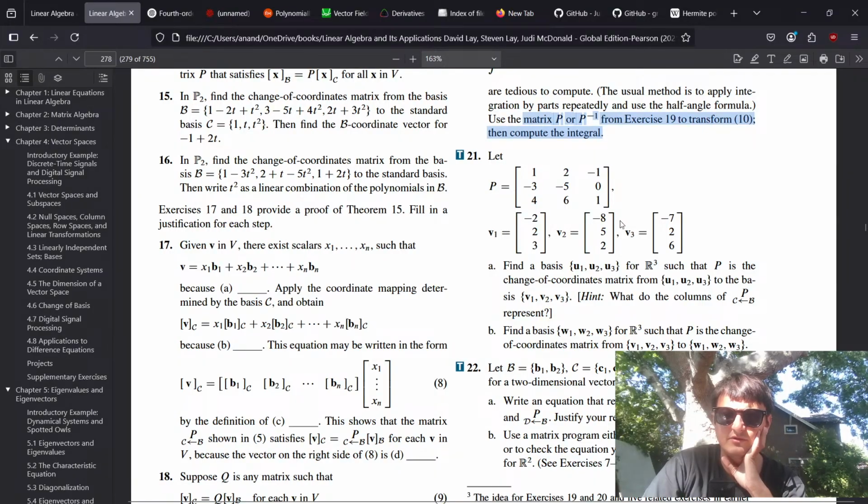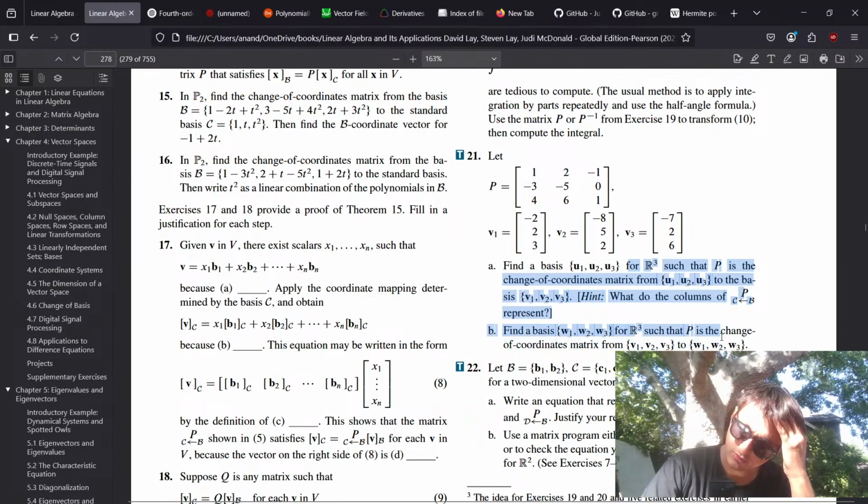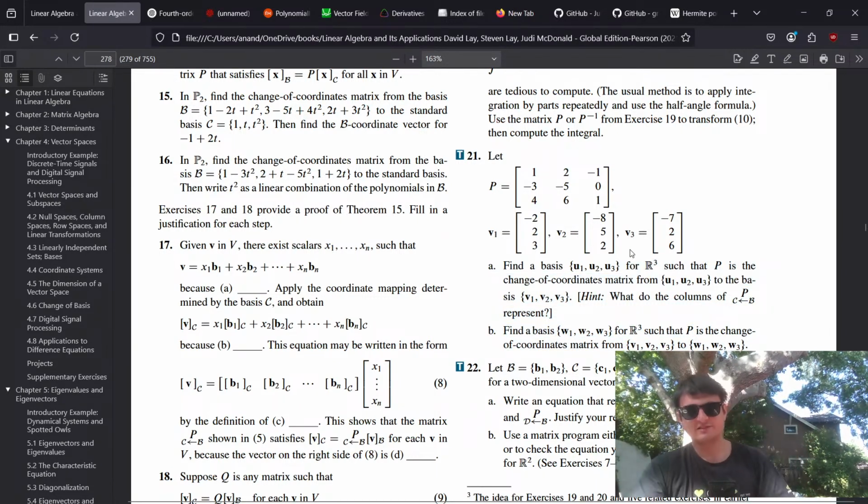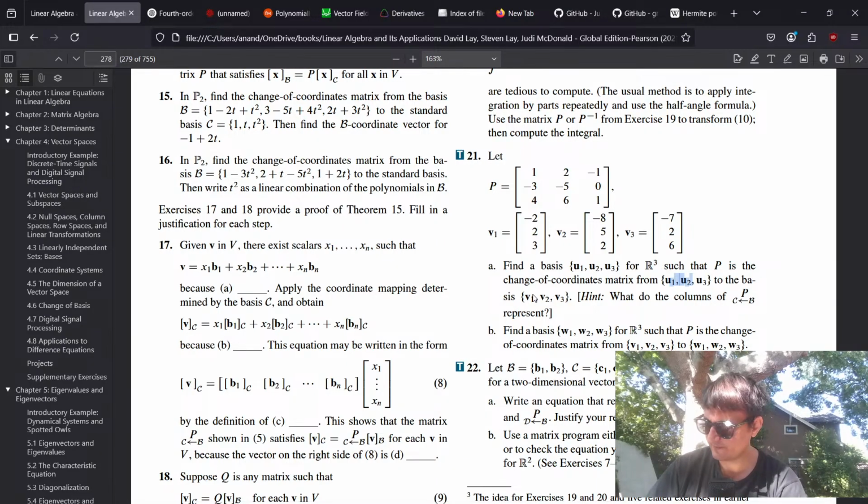Find a basis for R3 such that P is the change of coordinates matrix. Oh yeah, this one was a homework one actually. Maybe we'll do this one. What is it asking? It's saying find a basis U for R3 such that P is the change of coordinates matrix from U to V. So if P is from U to